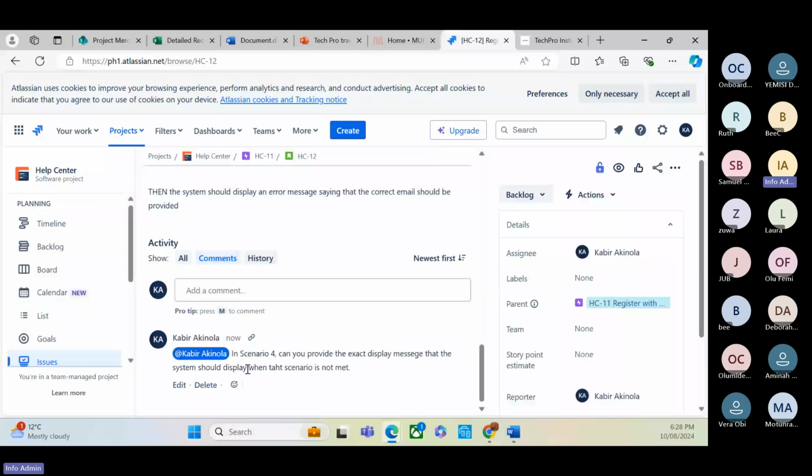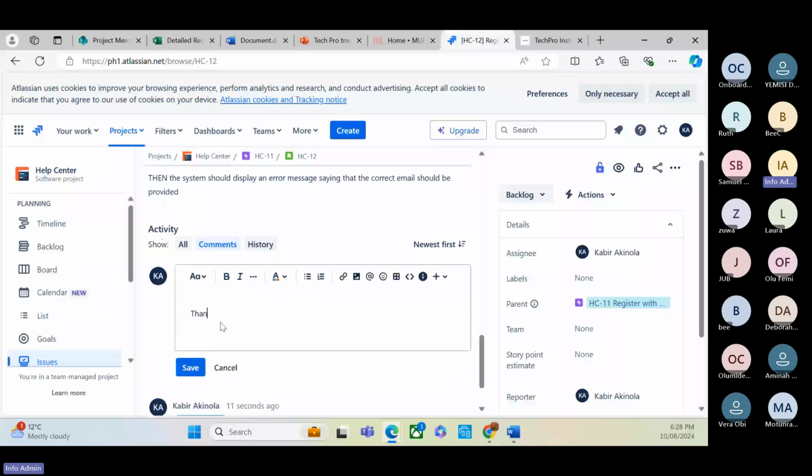Yemisi, who is the business analyst here, or Kabir, will immediately see this in my email. And I can come here. Oh, thank you. Yemisi comes out and says, hey, thanks, Kabir, for that. Thanks, Yemisi, as the case may be. Again, if you put in this, you see everything. Let's say this is Yemisi. Thanks, Yemisi. The correct and exact message to display is